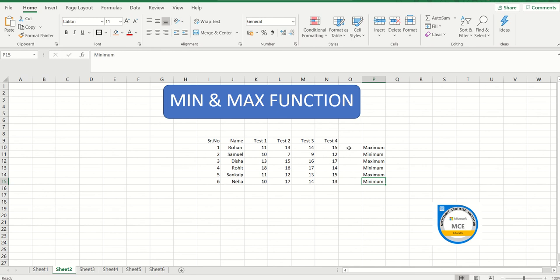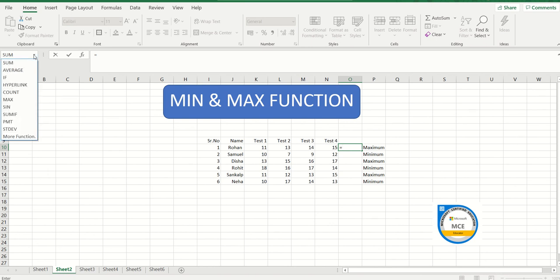So what we are going to do is select this cell, and just for practice purposes I've written in front of it what I would like to calculate. So I would like to calculate the maximum. As I've already said, my command starts from is equal to, and then again you go to the top left-hand side and select MAX. MAX is the entry we use in order to calculate the maximum. For minimum it is MIN.